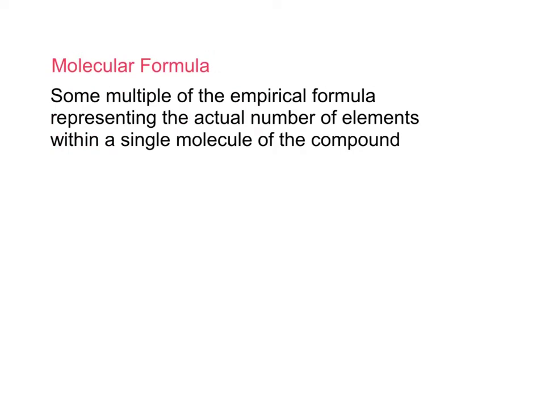Molecular formulas actually represent reality. So it's going to be some multiple of the empirical formula that tells us the actual number of elements within a single molecule of the compound. So if we go back with our previous example, the empirical formula was CH2O, where in reality we might see that same 1 to 2 to 1 ratio in glucose,